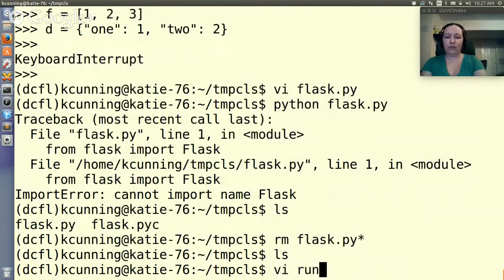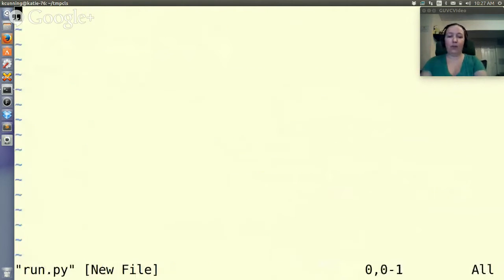So I'm going to create a file called run.py. So first lesson is don't call any of your files Flask, which, yeah, at the first time I did Flask, I'm like, it's not working, and I didn't even think of that. So even people who have been doing this for a decade will do this. So the first line